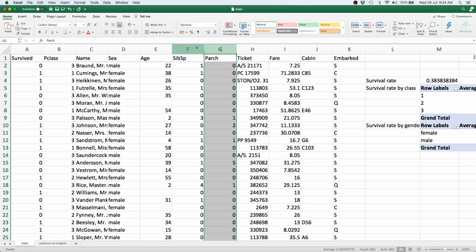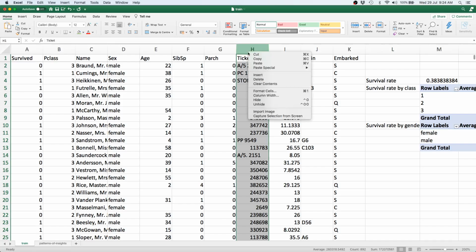So what we can simply do is take the sum of these two columns, and that output, the sum of siblings or spouses and parents and children, essentially gives us the number of family members that were there with a particular passenger on the Titanic. And if this number happens to be greater than 0, then we can conclude that somebody has a family on the Titanic. So let's try that. In order to compute this variable, we'll have to introduce a blank column and then fill that column with the sum of these two columns and then see if that column is greater than 0 or not.